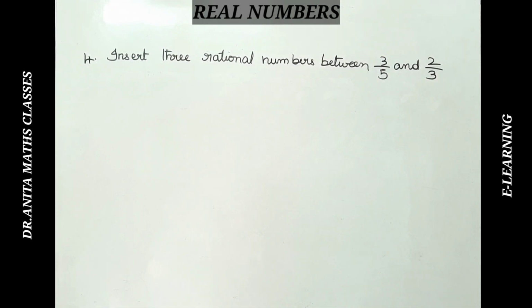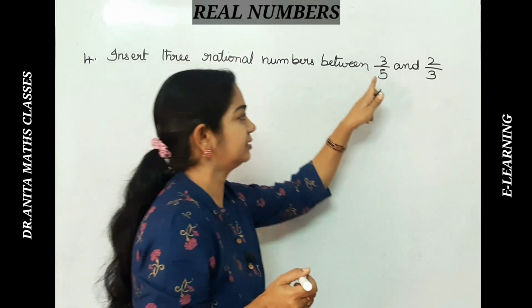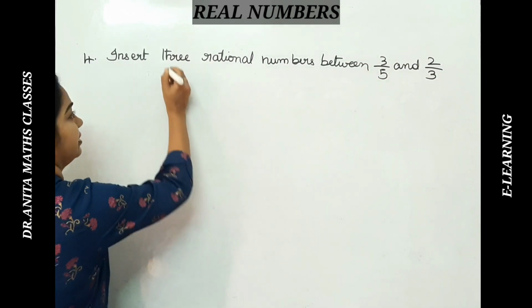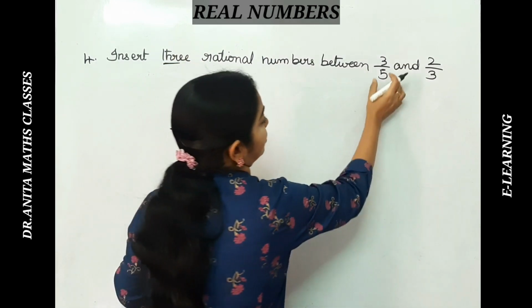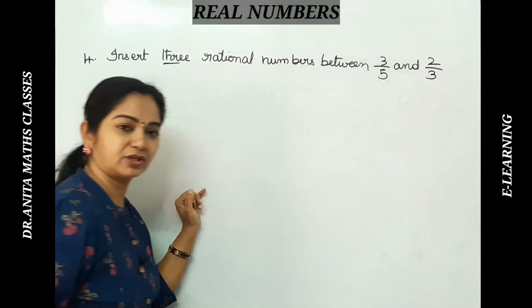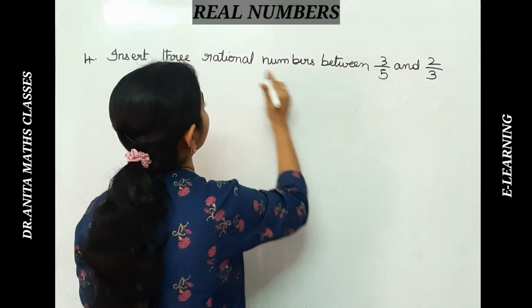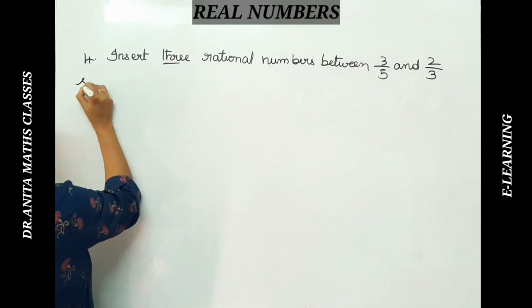The fourth problem in exercise 1.1: insert 3 rational numbers between 3 by 5 and 2 by 3. Here we have to find 3 rational numbers, so the mean method works out well. We don't have equal denominators, so we don't go for the second method, and also it is only 3. So 3 means you can go for the mean method. Now here, using the mean method,